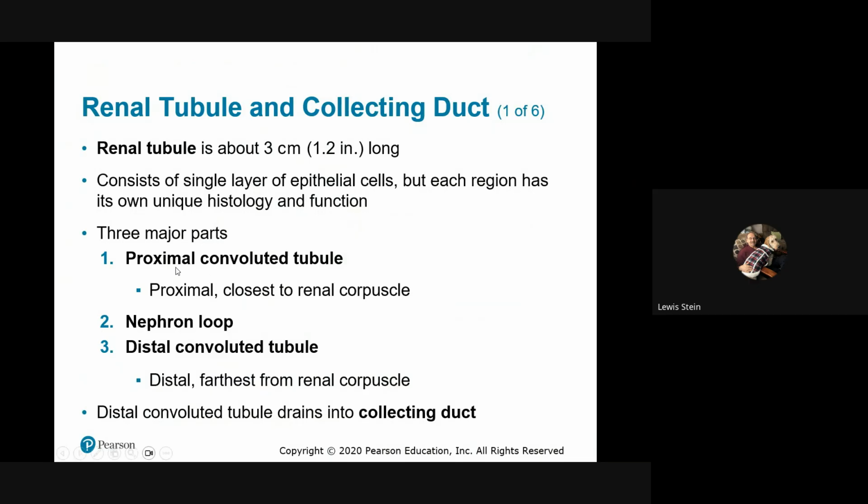They're called the proximal convoluted tubule, because it's first. Convoluted, because it has all those twists and turns. It looks a whole lot like one of those gag straws. If you get someplace that has the straw in there,